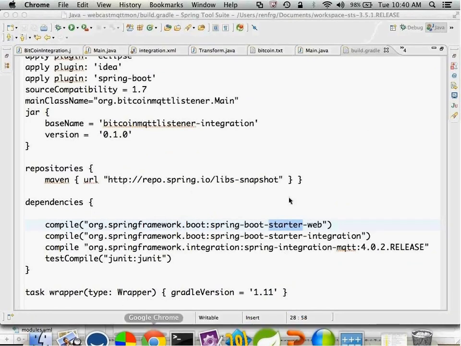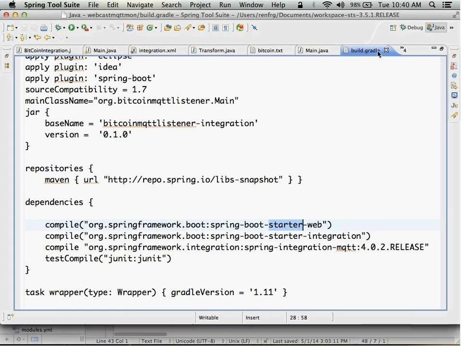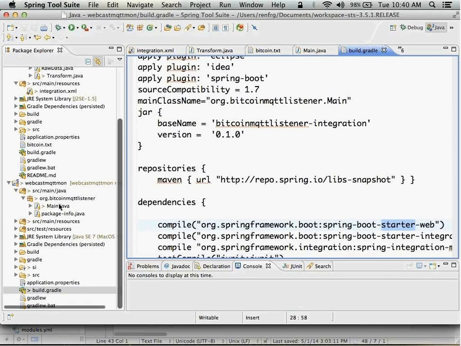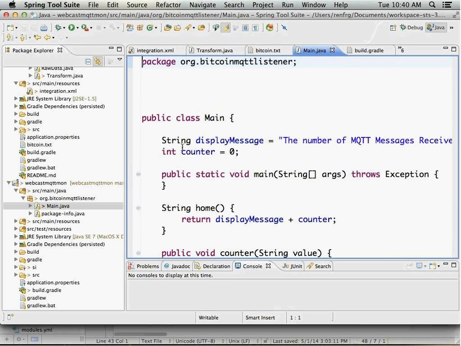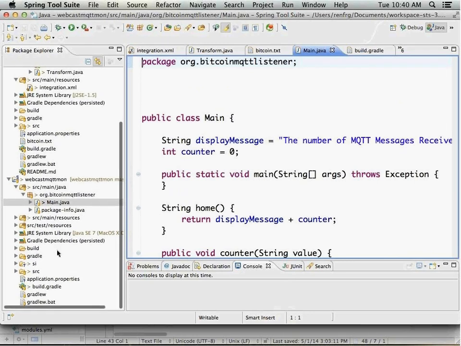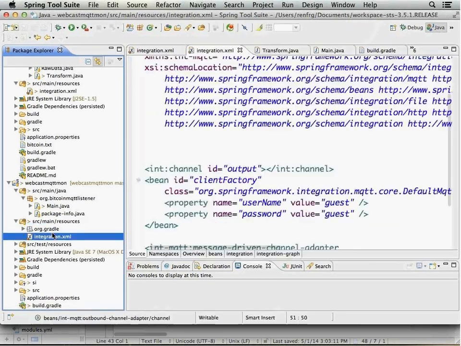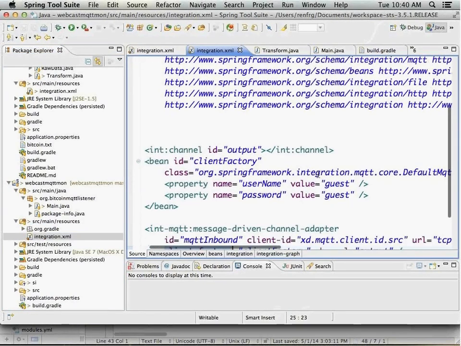Now, let's go back. And we're going to go ahead and leave that there for the moment. We're going to go back to our main. So let's go ahead and build up our app that's going to receive this data. And what we're going to do is I want to show you one other thing. We do have our resource here. I wanted to show you again. Here is our